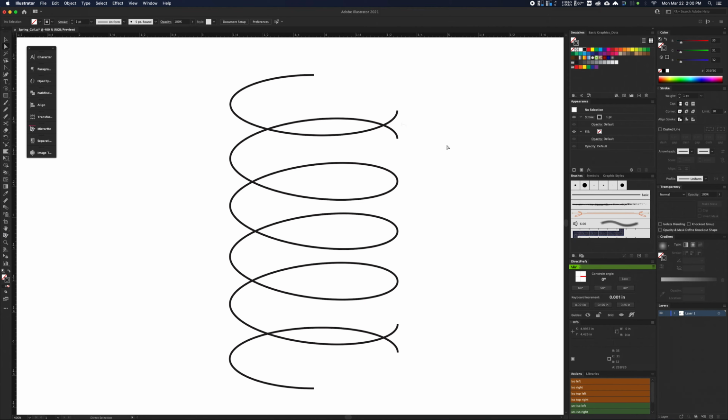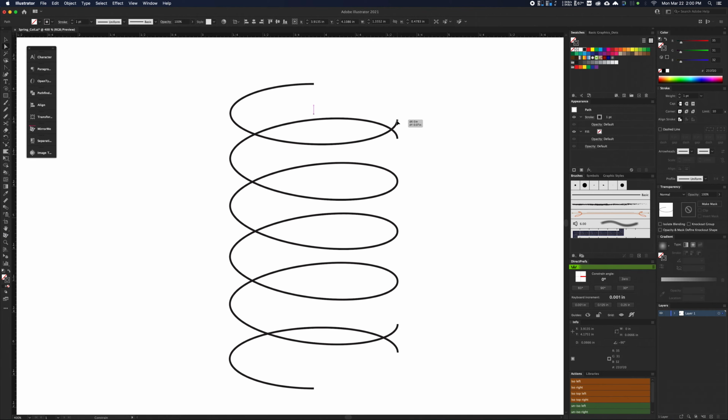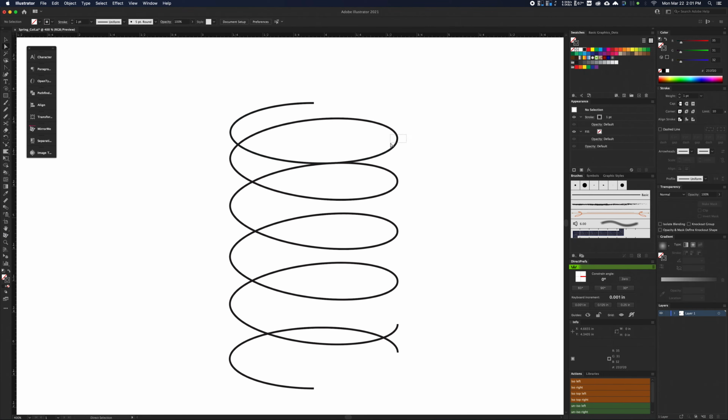as well. Now select this top portion of the spring and press Shift to constrain and move it down until the anchor points snap together. And it's handy to have the smart guides enabled, and that'll help you snap these anchor points together. Now, once you have those snapped together, you can select the anchor points, go up top to the little icon in the center here, and click on Connect Selected Endpoints, and that will reconnect those anchor points together to create